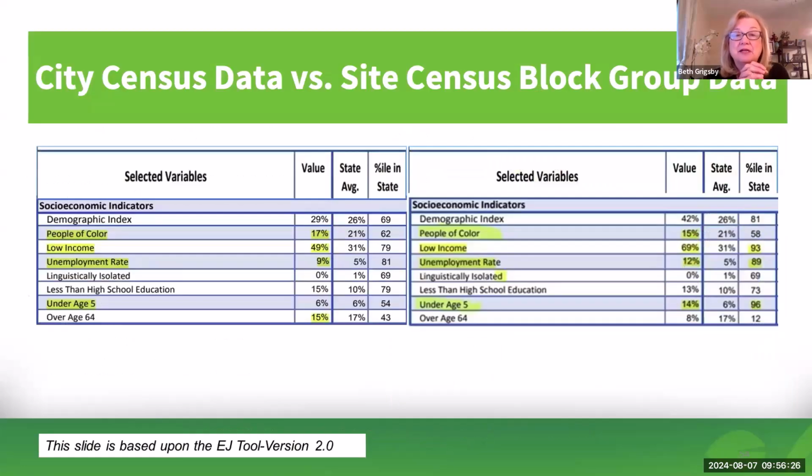What I've done many times is you have census data where a census tract is so large. You know, it may encompass several towns or cities. Especially in the rural areas, a lot of times what I do is I try to drill down then to the census block group, which you can do on the EJ screen. Next slide, please.